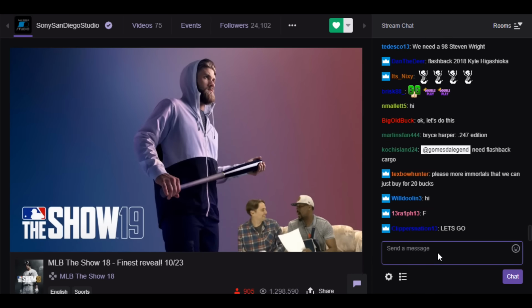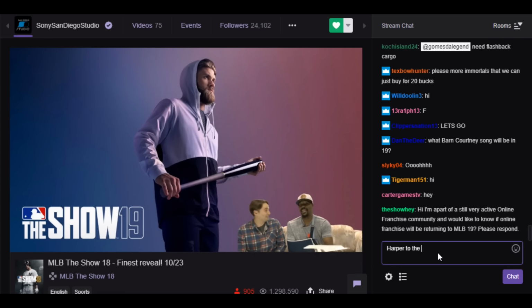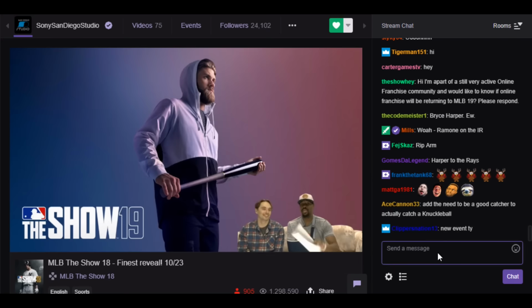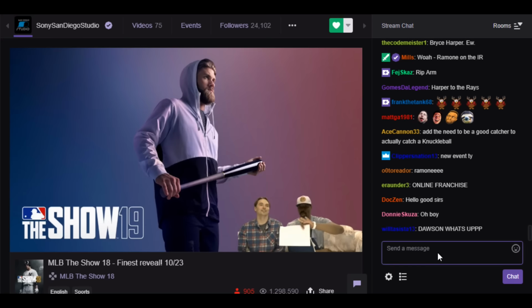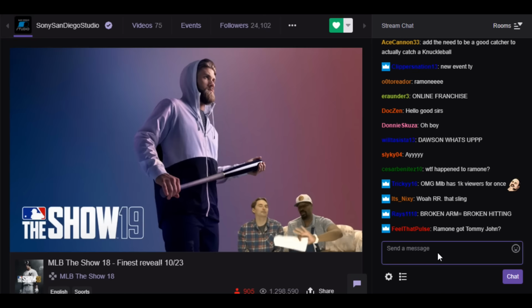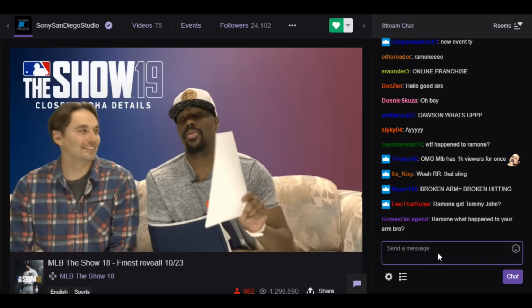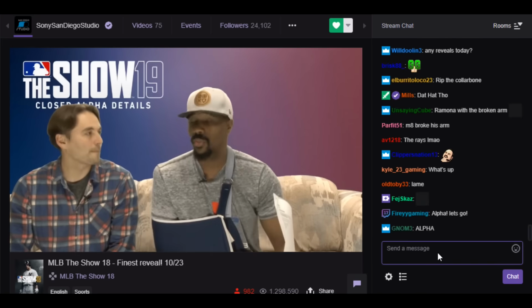What they talked about is MLB The Show 19, specifically the closed alpha that they will be holding. Of course, if you remember, they did hold a closed alpha before. If you don't know what alpha means, you know how some games run a beta, just before the game? Alpha is the same thing, it's just an even earlier stage of the game. That's really what an alpha is, and it's basically going to be another alpha just like they had in MLB